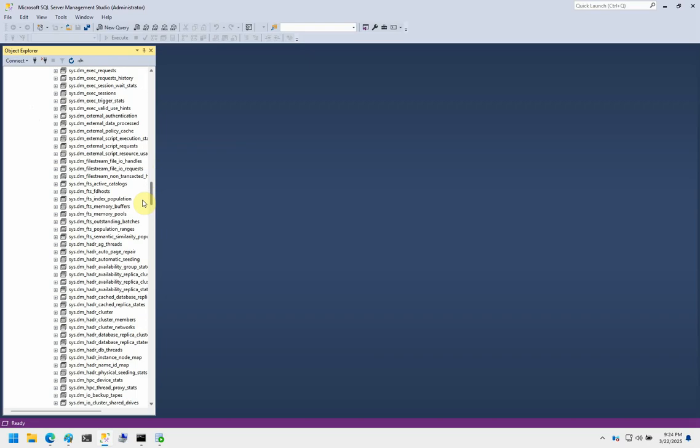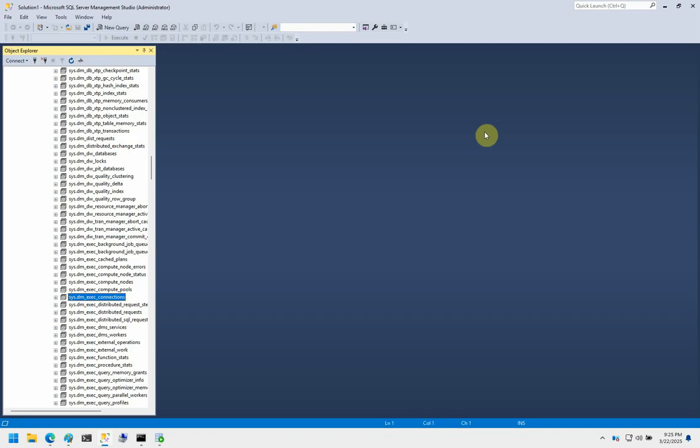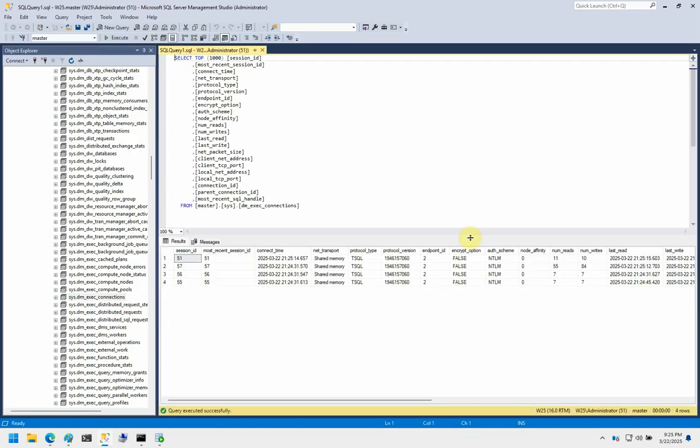It is called sys.dm_exec_connections. If we select the top 1000 rows, for SQL Server we're going to look at this column called encrypt_option. In my case, all the connections, you can see it,